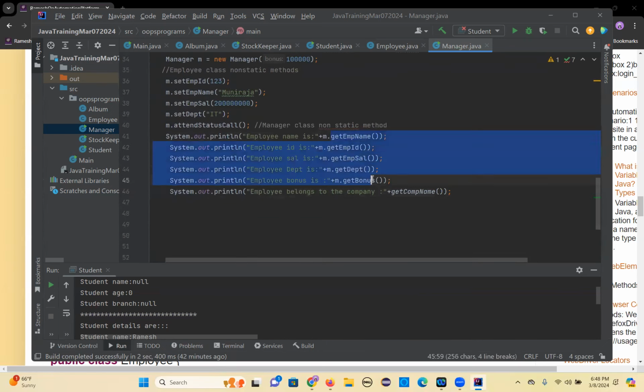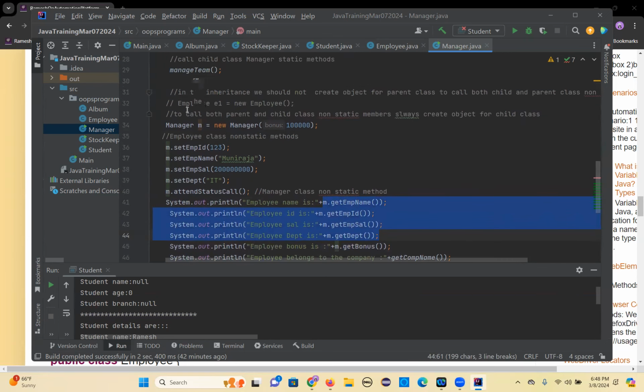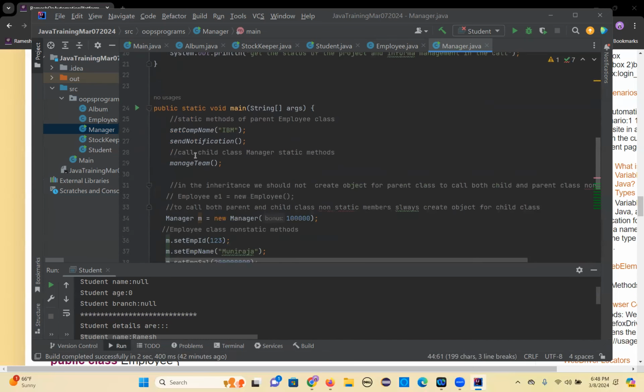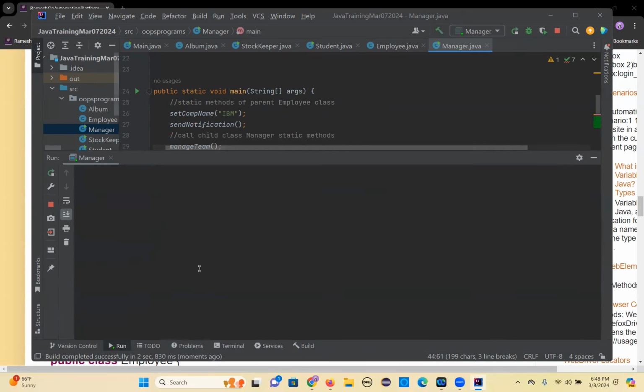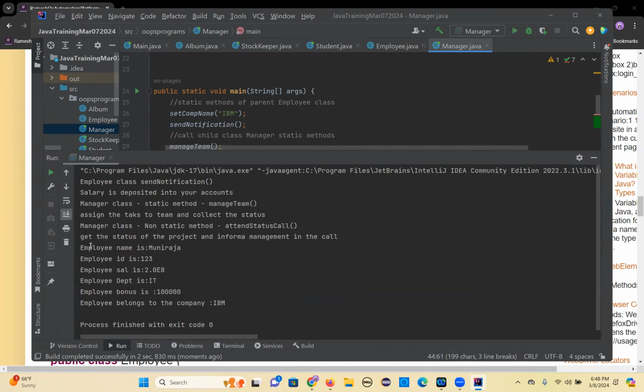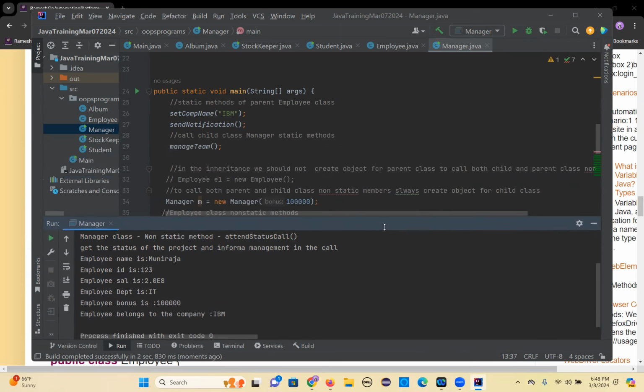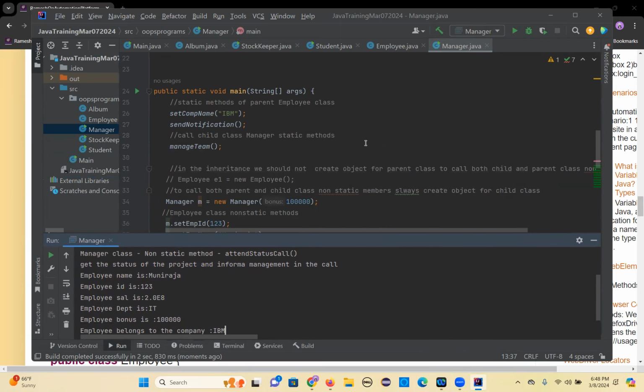Those are all the getter methods from the parent class and child class, even bonus from the child class, and these are all from the parent class. You call everything, and that's the advantage here. Just execute this. Whatever you set, you got the data. All of them executed. So this is single inheritance, how to create an inheritance. That's it. And tomorrow I'll show you the